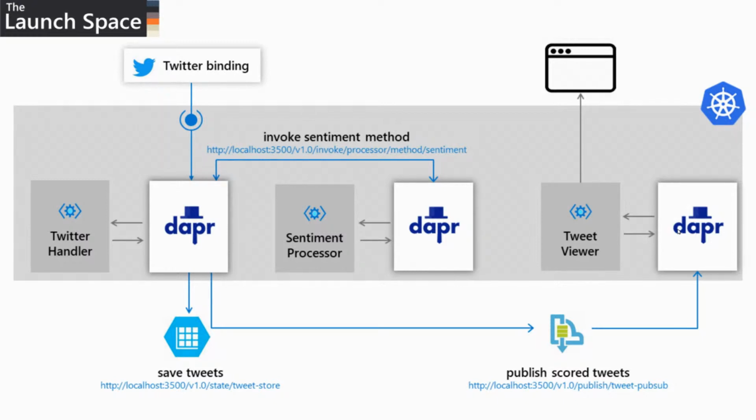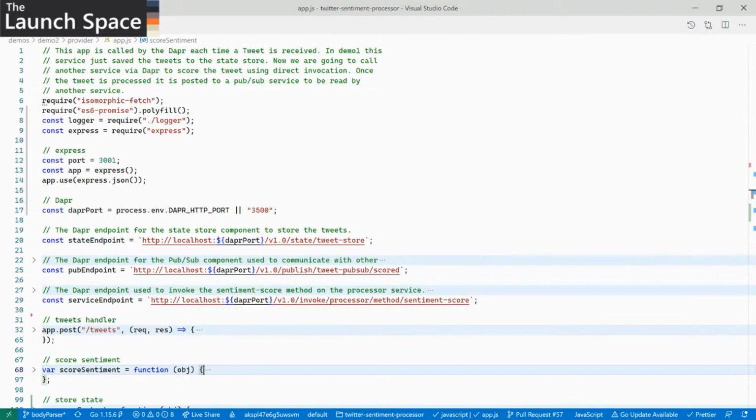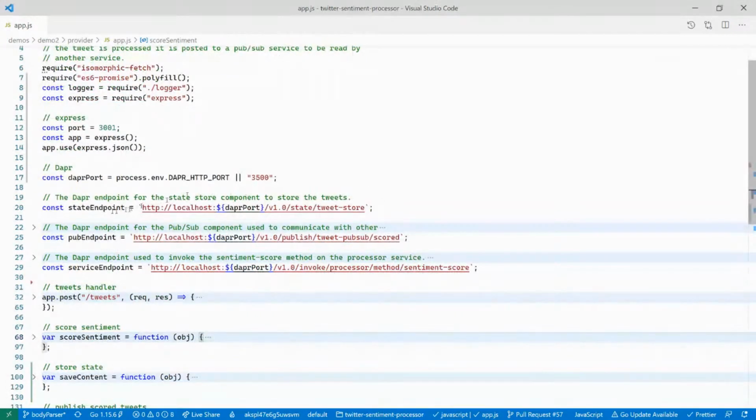So let me start showing you some of the code that I'm talking about. As Mark showed you earlier, you can use an API if you like. If you're into SDKs and you're using a language like .NET and you prefer an SDK, you can do that. This is a Node.js application. And to use Dapr, all I did is define these endpoints. These are simple HTTP endpoints to localhost and whatever port Dapr happens to be running on. I don't care about anything else in my ecosystem. I just care about Dapr, because Dapr is going to take care of everything else.